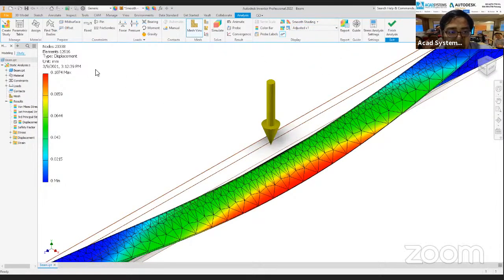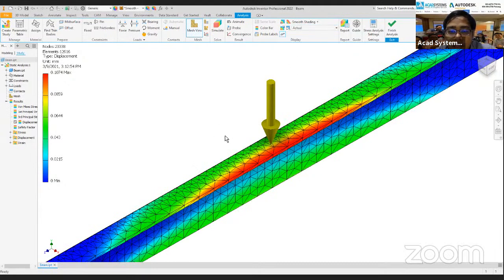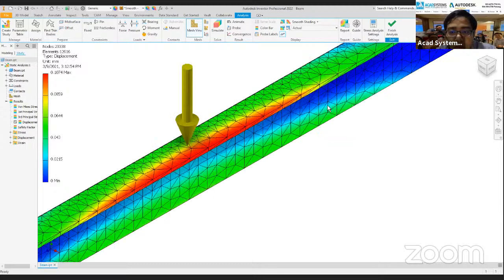Now, another thing is you can also see based on the color. The higher the red color here, the higher the deformation that actually happens in that particular area. Right, so basically it's around here. So if you want to see